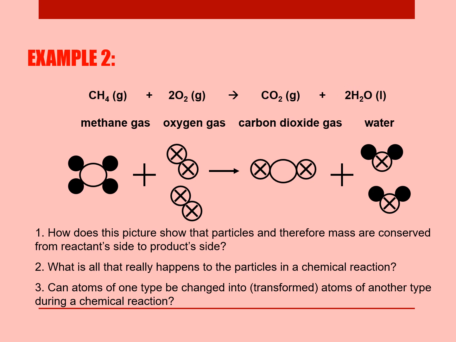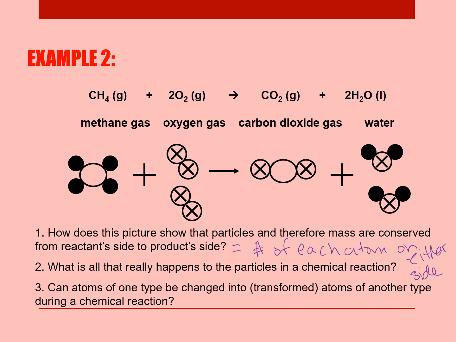of mass. So how does this picture show that particles, and therefore mass, is conserved from reactant side to product side? It's that we have an equal number of each atom on either side